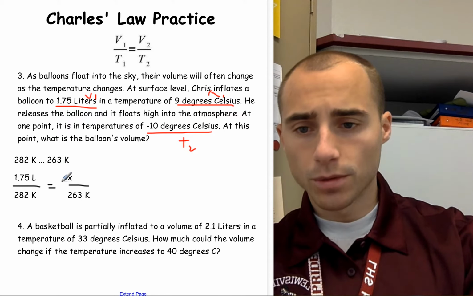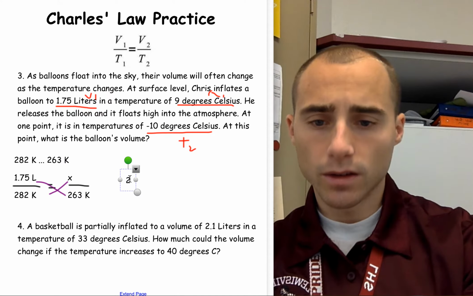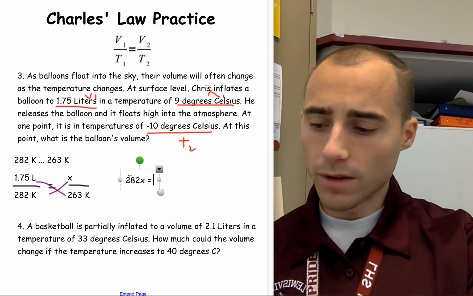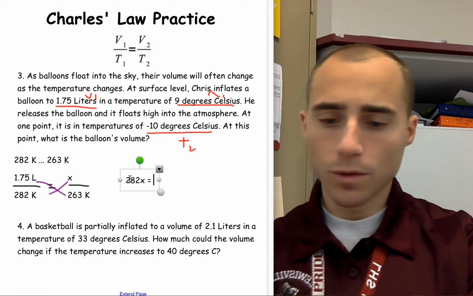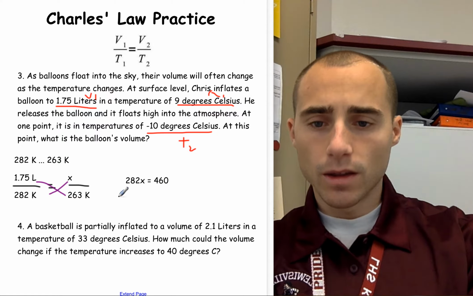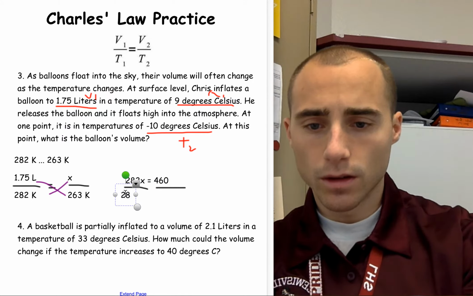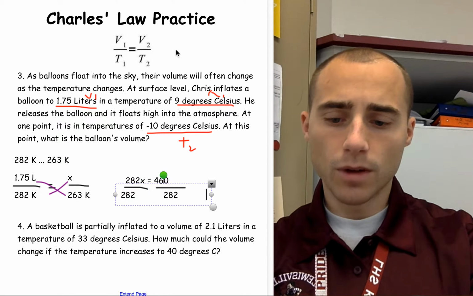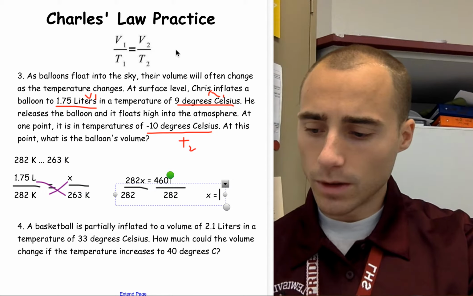And then you cross multiply, of course, there and there. So you end up with 282X, and that is going to be set equal to 1.75 multiplied by 263, which equals 460. We're just going to round it to the whole number. Then you just divide by 282, divide by 282 right there. So 460 divided by 282, you end up with about